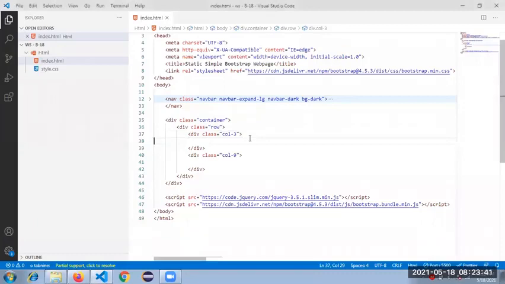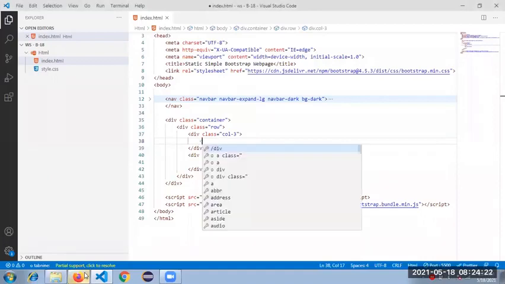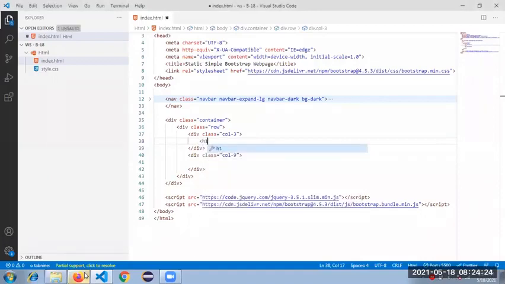I just conveyed the real usage of Bootstrap in a real-time project and how it renders. But for my scenario currently, I'm going ahead with 3 and 9. So what is the first one? We need to showcase the shop name, right? For that I'm using H1, so shop name.